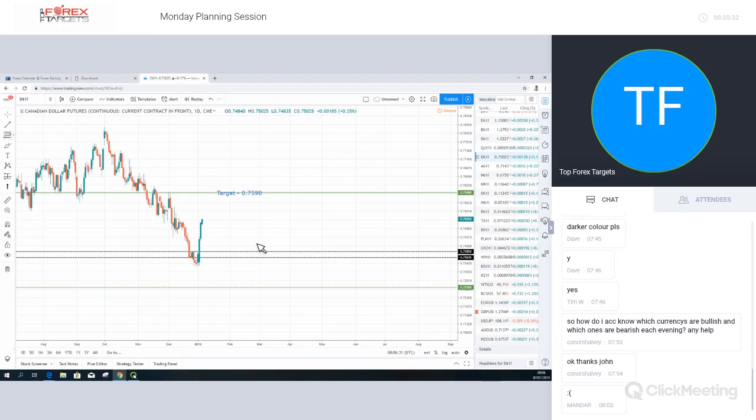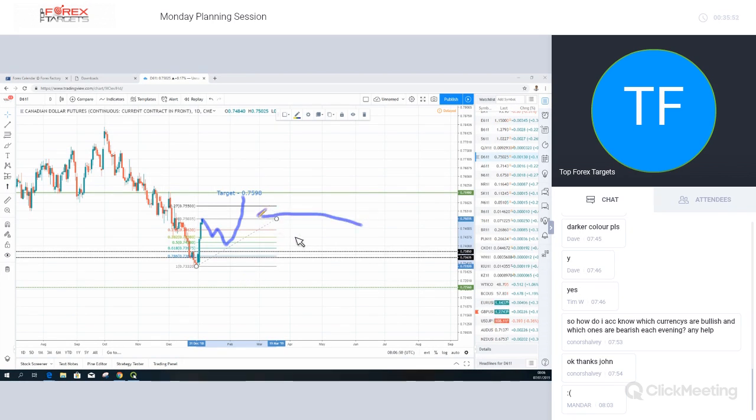This will give us the opportunity to measure this entire wave, which, as you can see, the problem we have at the moment is it isn't finished. Okay, it's still pushing to the upside, so we need this to come to an end and correct. And this would be the opportunity that I'll be looking for in the Canadian pairs this week. Okay, up into this area. This is the potential opportunity to make money in the Canadian pairs.